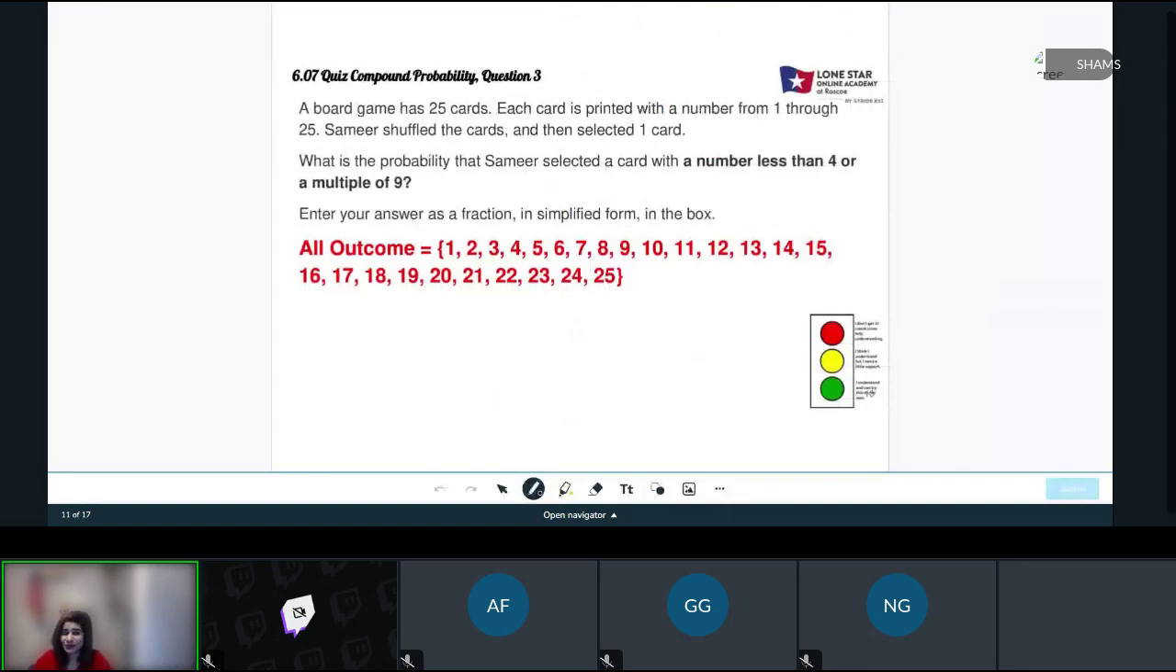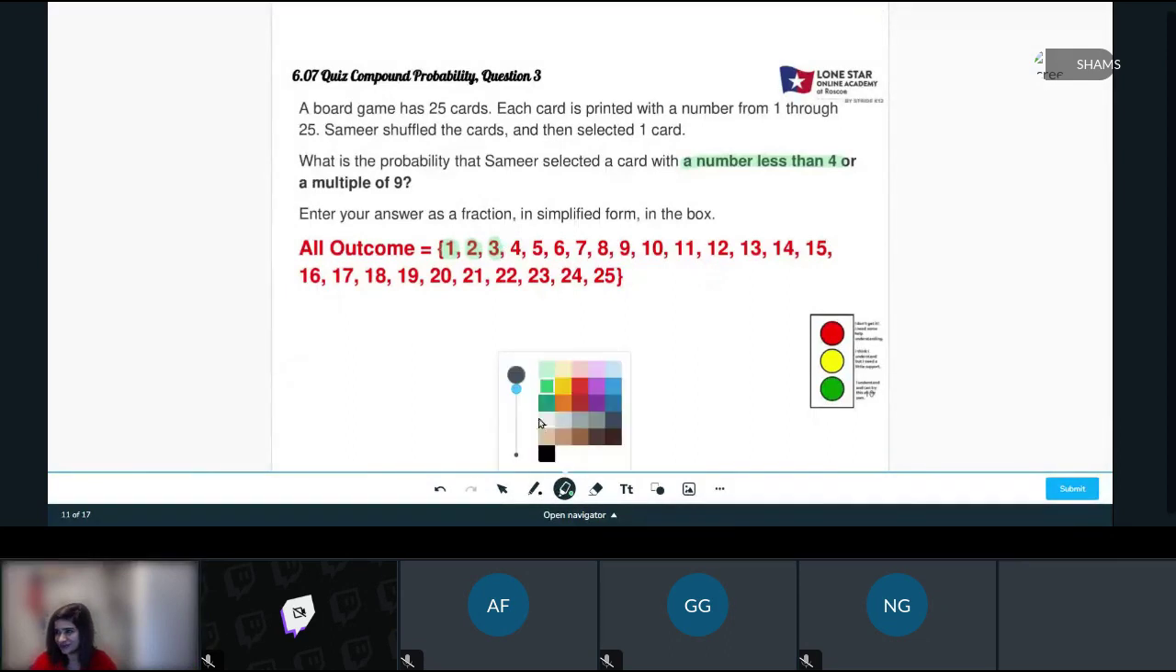And here is the third variety of question 3. A board game has 25 cards. Each card is printed with a number from 1 through 25. I listed out the numbers for us. Samir shuffled the cards and then selected one card. What is the probability that Samir selected a card with a number less than 4? Well, a number less than 4 is 1, 2, and 3. Right? Numbers less than 4